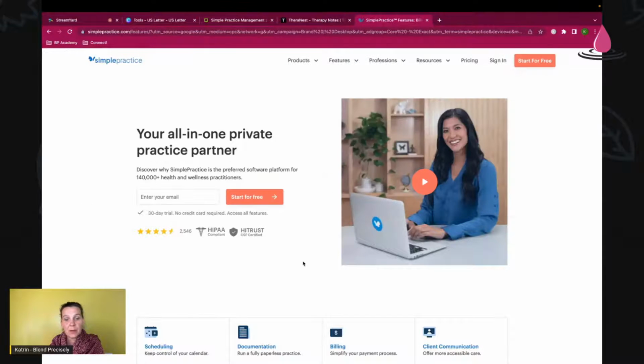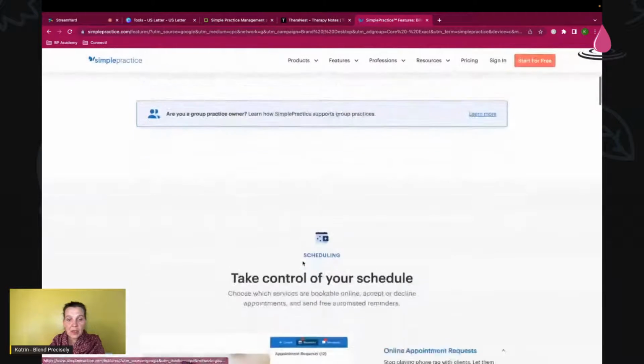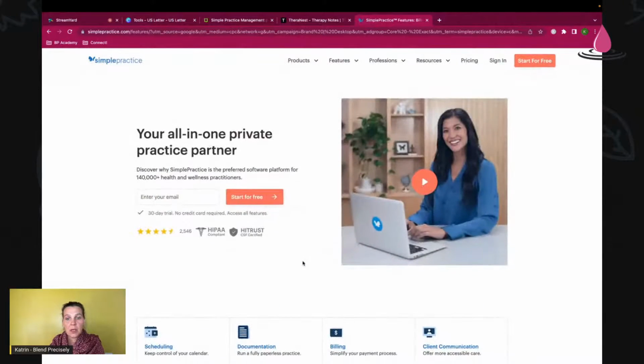I haven't used them. I just heard about them, and because I don't do consultations right now where I need these types of software, I do them through Kajabi. You might want to look into those ones, especially if they are HIPAA compliant. That's a nice thing to have in one of your therapy platforms.